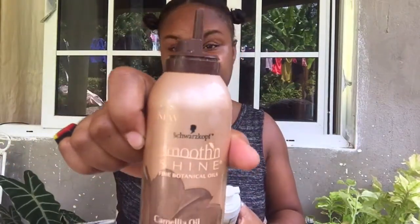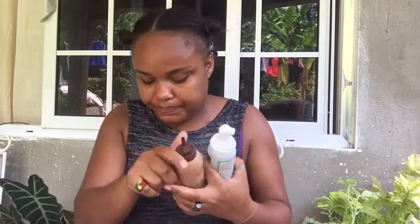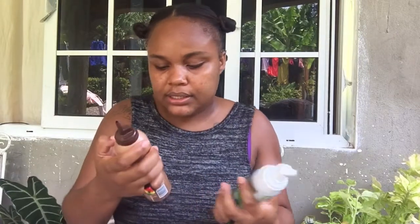Schwarzkopf. I can't pronounce it. But this one is really for curly hair. It smells lovely, smells awesome. I've used it on 3 clients thus far. Yes, I'm using it to catch on my hair, kind of extra. So we have this. It's made with camellia oil and shea butter. So this is what we really want to use today because all things olive oil. So that's that for the